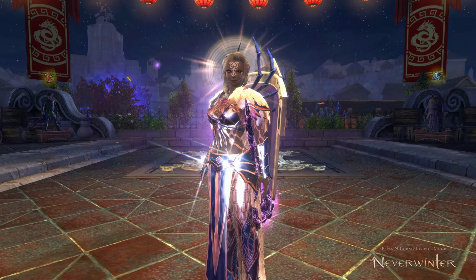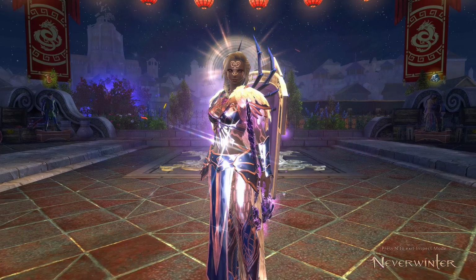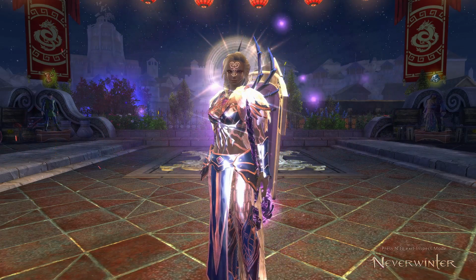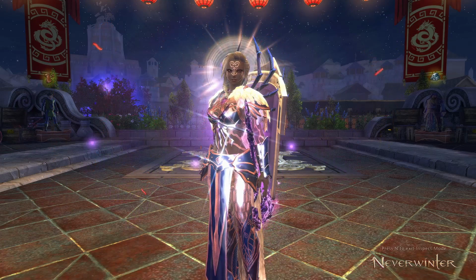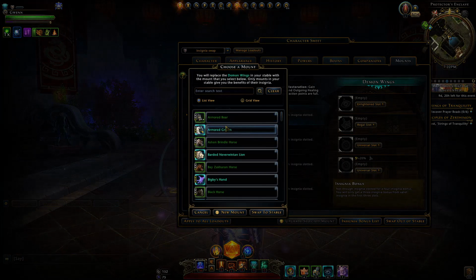So here I want to cover all the 4 slot mounts that are currently in the game. I've gone ahead and updated my document, which we'll cover in this video, and I also want to go through what I would recommend you use in terms of the insignia bonuses on your role, whether you're a damage dealer, tank, or a healer. So if you're not aware, there are mounts with 4 insignia slots versus the normal traditional